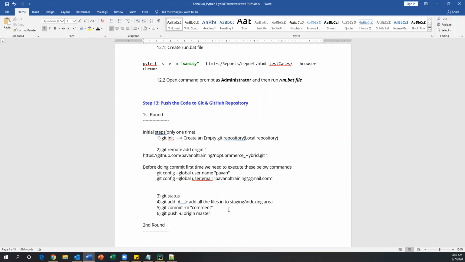So till here we have completed design and implementation of the framework, and the second phase is the execution phase. So how many ways we can execute the test case, and the third phase is the maintenance phase. There we will have Jenkins, GitHub, all these tools will come into the third part where we can maintain our code. Okay, so these things we will cover in the next session. And whatever is completed till now, please practice and complete your framework before coming to the next session. Okay, so the next session will be completely the execution part.